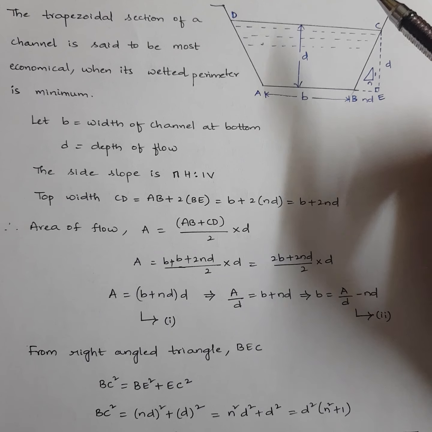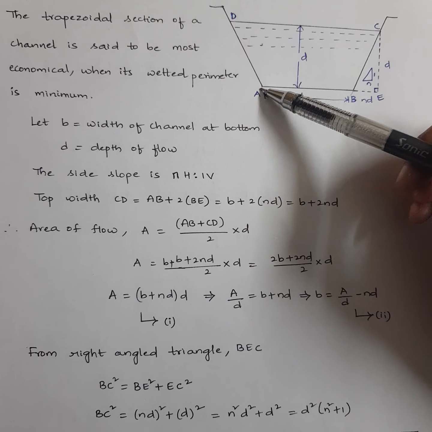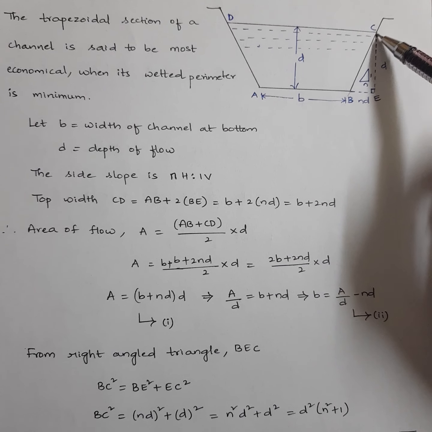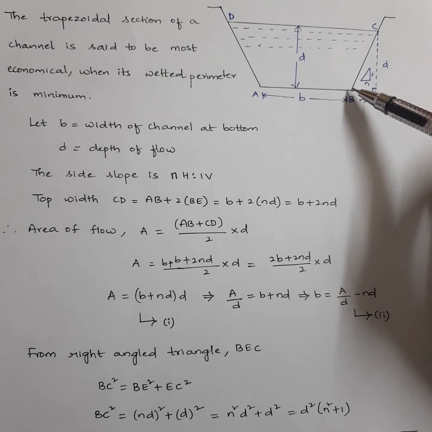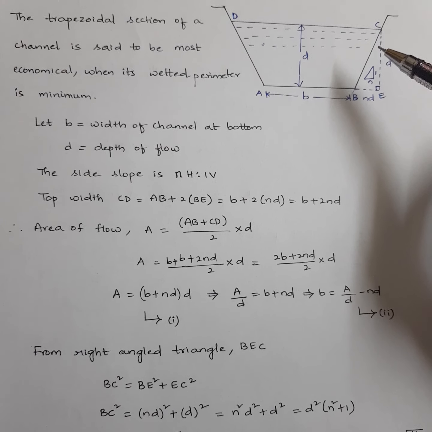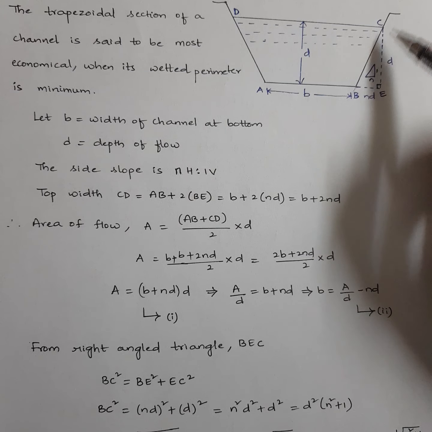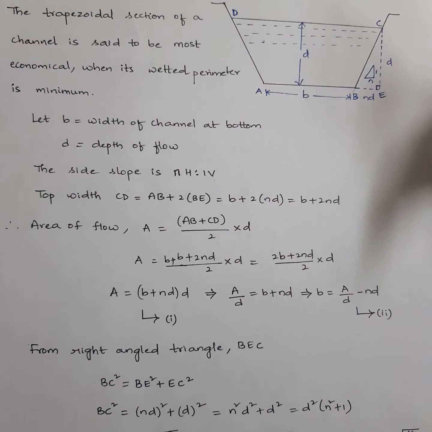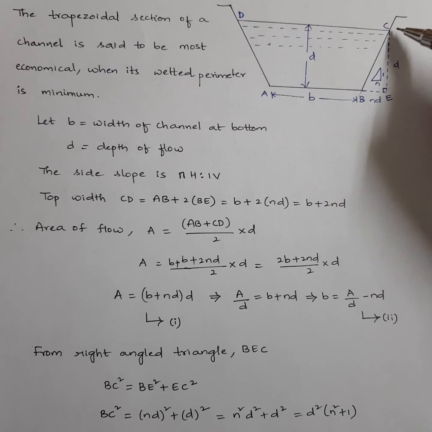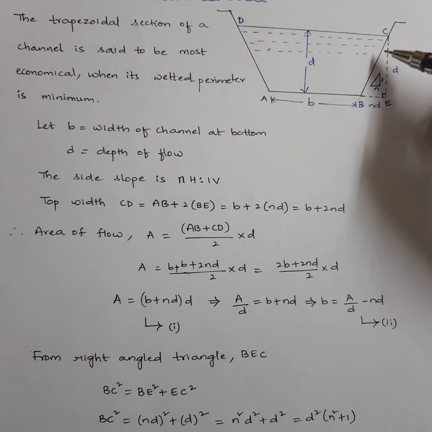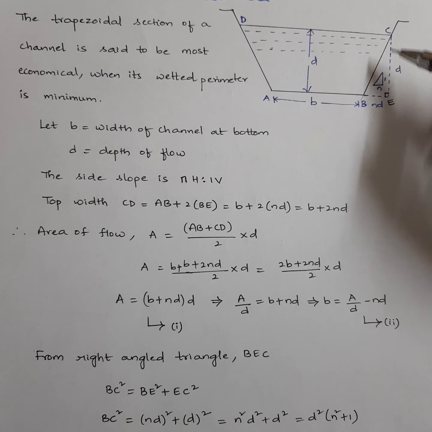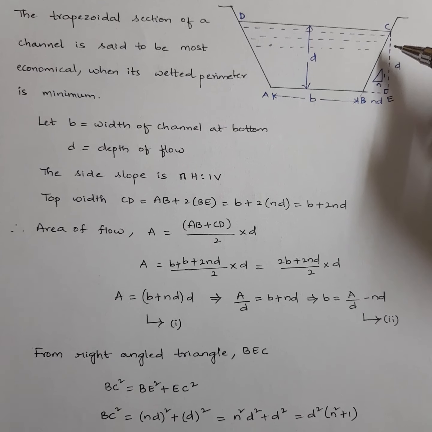So what will be my wetted perimeter? AD or DA, okay, DA plus AB plus BC. I don't have the values of DA and BC, right? So first I need to calculate those values. If I know one value BC, obviously AD will also be the same value due to symmetry. So first I need to calculate the distance BC. See, BC is laid with a given side slope, but its distance is not given. We have to calculate the distance.